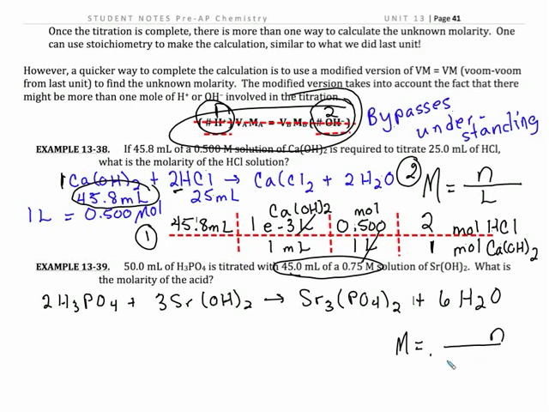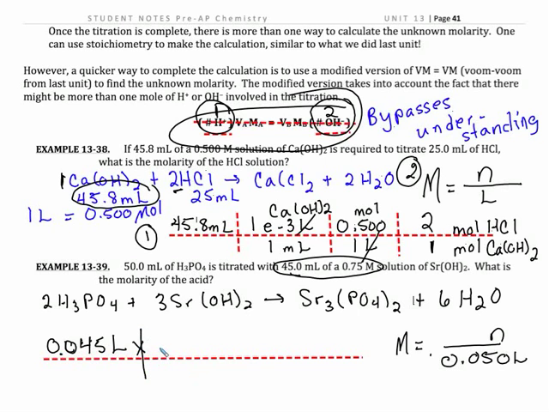I want my molarity of H3PO4, so I need my moles of H3PO4. Then I can divide it by my 0.50 liters. And I'm as good as golden. All I have to do is get to moles and then go moles to moles. So I'm going to go ahead and take a shortcut here. I'm going to convert 45 milliliters. I better take my shortcut correctly. I'm going to convert those 45 milliliters to